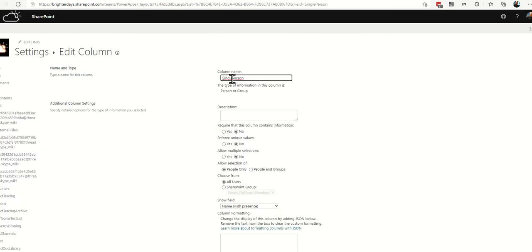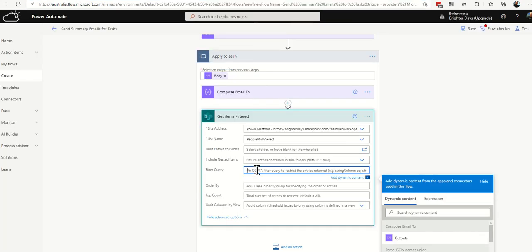You will find that by clicking onto the name of the column and then looking in your URL at the very end: field equals single person. It's a common mistake I see with a lot of people with their workflows, where someone's changed something here or there's a space here, and they need to make sure they have the full friendly or system name copied to put into the OData filter. So we know it's called single person,